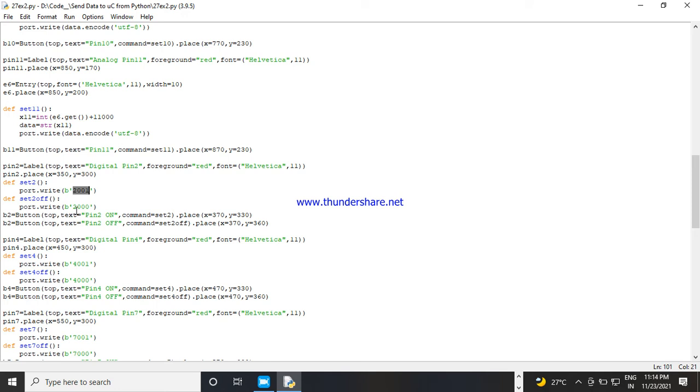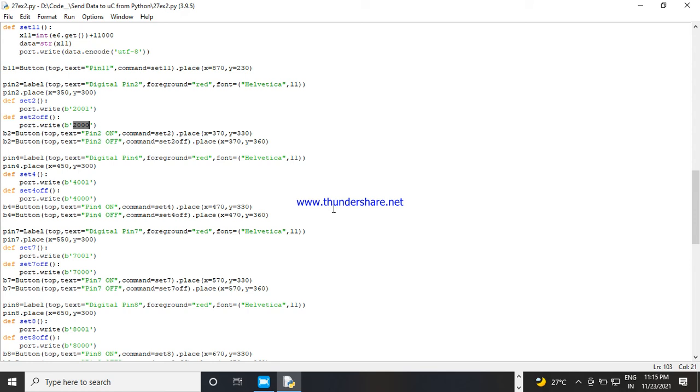In other case, if I send 2000, then my value of D is 2 and the remainder is 0. So in such case, that particular pin will be low. In this way, the digital pins are controlled.